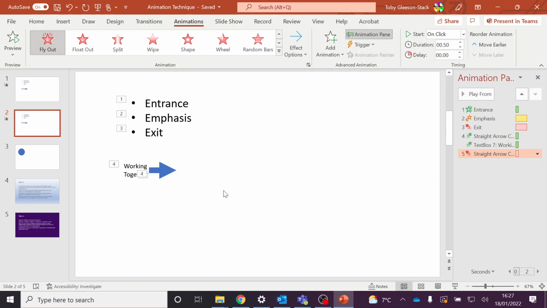Now, at the moment, I have all of these to play on click. So if I go up to here, there's on click, on click. On this one, instead of being on click, I'm going to have after previous. And again, this now will occur after the last one comes in. And so if I go preview,